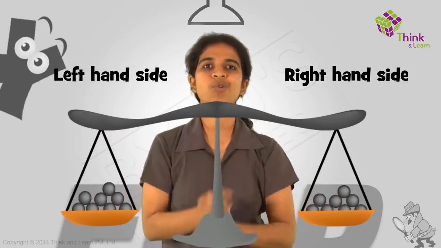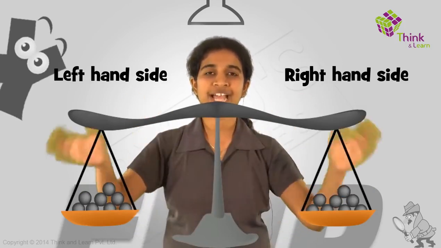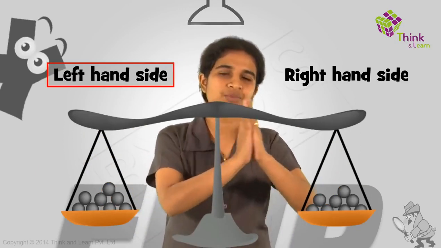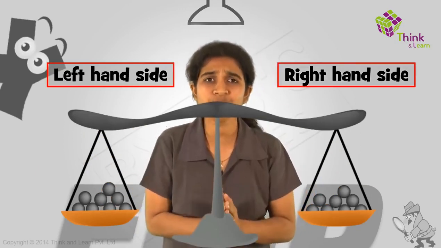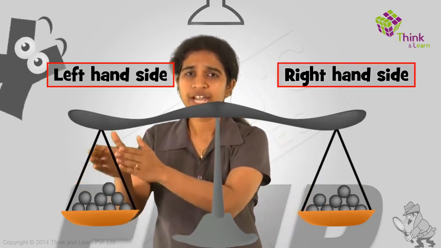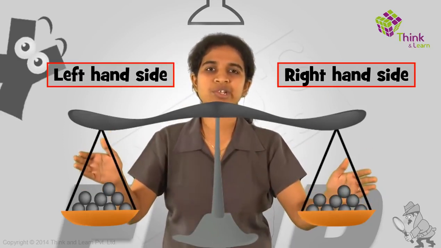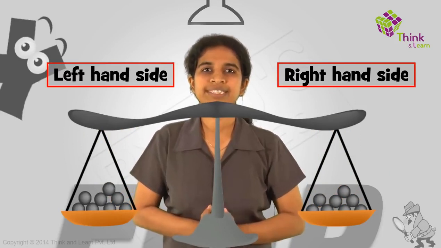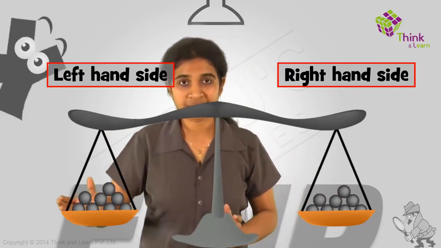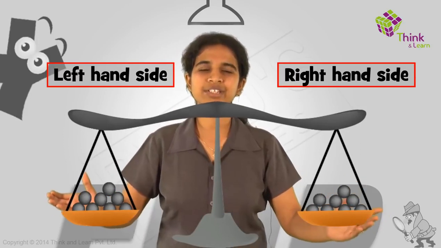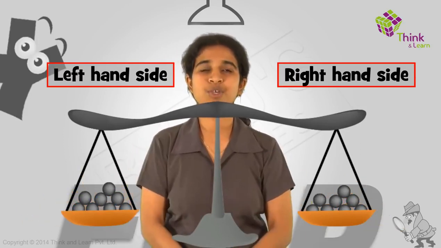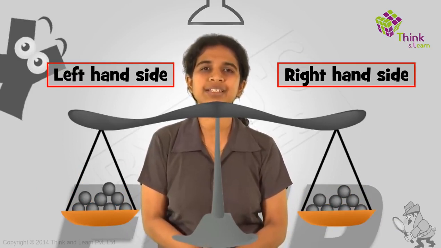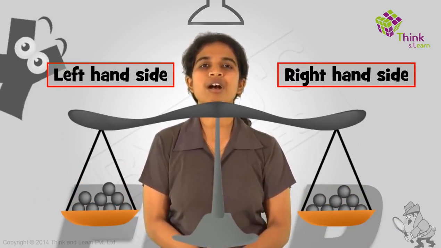That is exactly what you do in an equation. You have 2 sides of an equation. Whatever you do to the left-hand side, do the exact same thing to the right-hand side. Your equation will always stay perfectly balanced. Same as saying what you do to one side of the pan, do the same thing to the other side of the pan, and your beam balance is in the perfectly balanced state. So that's how you solve equations.